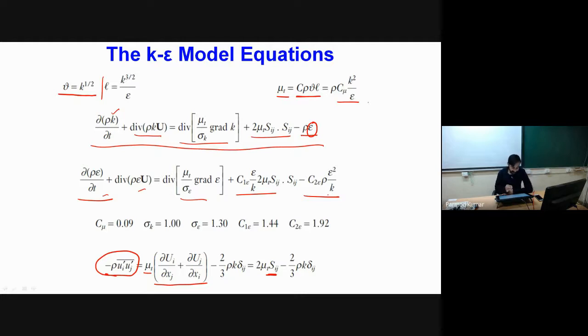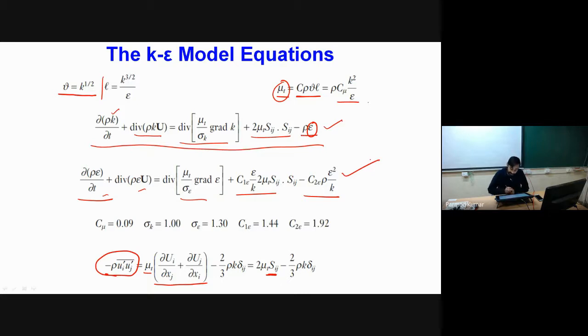Now if you see, with the K epsilon model we are applying our Boussinesq approximation. But when we calculate this mu t, the eddy viscosity, we use length scales that we have represented in terms of turbulent kinetic energy and its dissipation. So in order to find the values of K and epsilon, we have to solve these two additional equations. Due to this, the K epsilon model is also known as a two equation model.